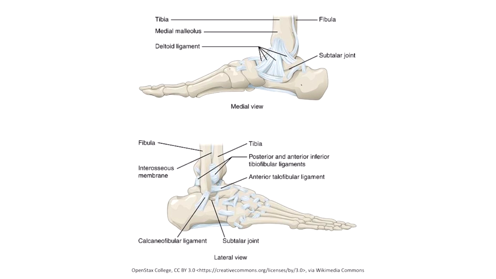Here's an illustration depicting the basic anatomy of the ankle from the medial view and the lateral view. The deltoid ligament can be seen here on the medial side of the ankle, and its primary function is to limit eversion of the foot. Both the anterior talofibular ligament and the calcaneofibular ligament can be seen on the lateral side of the ankle, here and here. The anterior talofibular ligament connects the fibula to the anterior portion of the talus, and it has two primary functions. It limits anterior translation of the foot on the tibia, and it limits inversion of the foot during